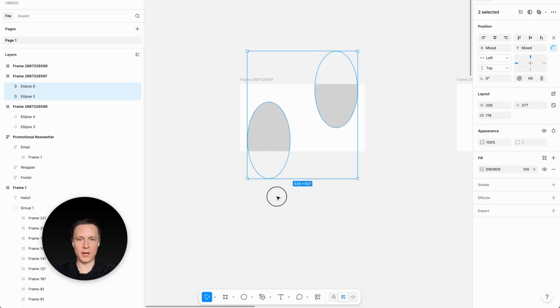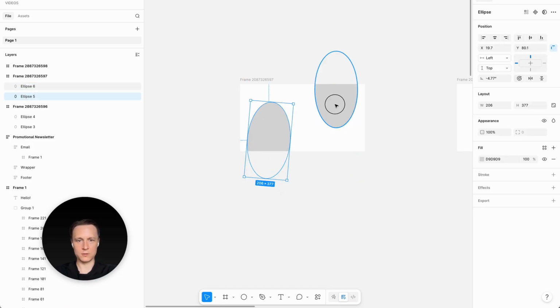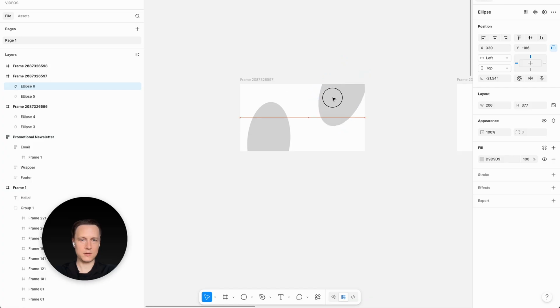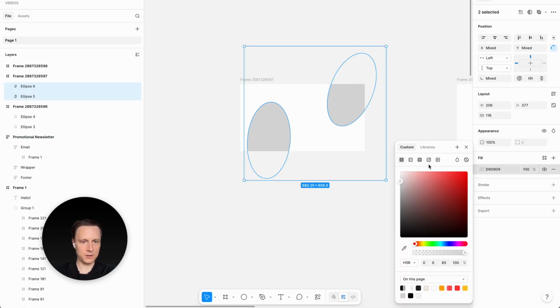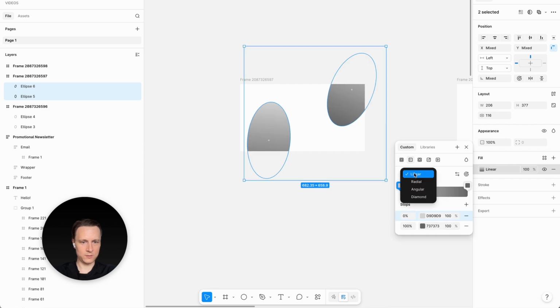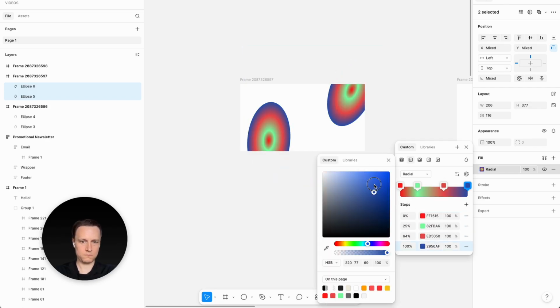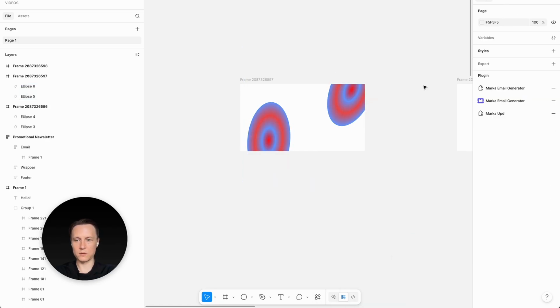Then add a gradient to ellipses. To add a gradient, select ellipse, then click Fill, switch to gradient, switch to radial, and add some colors. Once you added the colors,